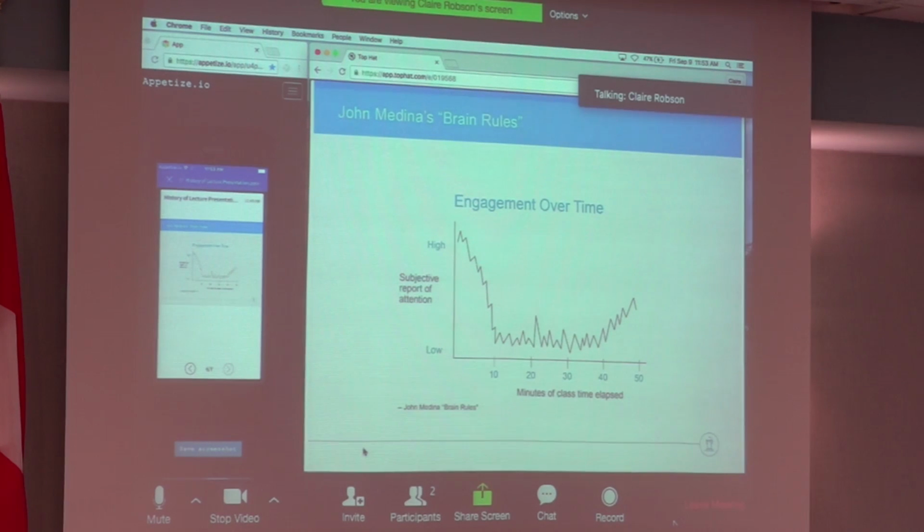Now, this is just a slide I wanted to show you, which shows how students' attention ranges inside the classroom. So from the high point, when they first walk in, their attention tends to drop quite rapidly. Now, their attention flatlines throughout the majority of the lecture when a lot of the key information is being presented to the class. They tend to miss quite a bit of it. Now, closer to the end of the presentation, they're anticipating leaving, they're starting to shuffle, and they really are just looking forward to heading out.